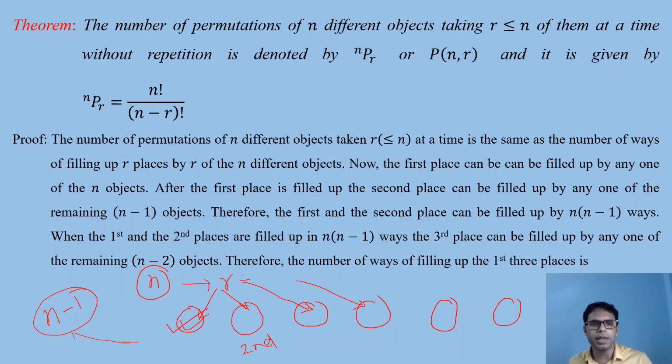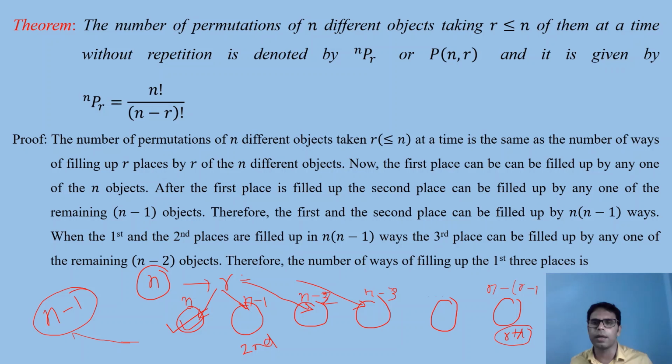So the first place can be filled in n ways. For the second place, now you have n minus 1 ways. After filling the second place, you can fill the third place in n minus 2 ways, then the fourth place in n minus 3 ways, and so on. So this is the rth place. How many options will you have now? It will be n minus r minus